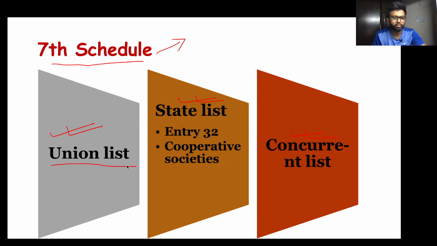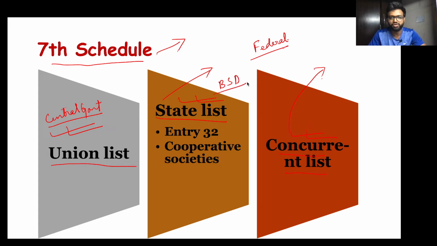Under the union list, on whatever subjects have been mentioned, the union, meaning the central government, can legislate laws. For the state list, states have the power to legislate over the subjects mentioned under this list. And subjects under the concurrent list can be legislated by both the center and the state. So this is the federal structure of our constitution, which is also a basic structure doctrine of our constitution,